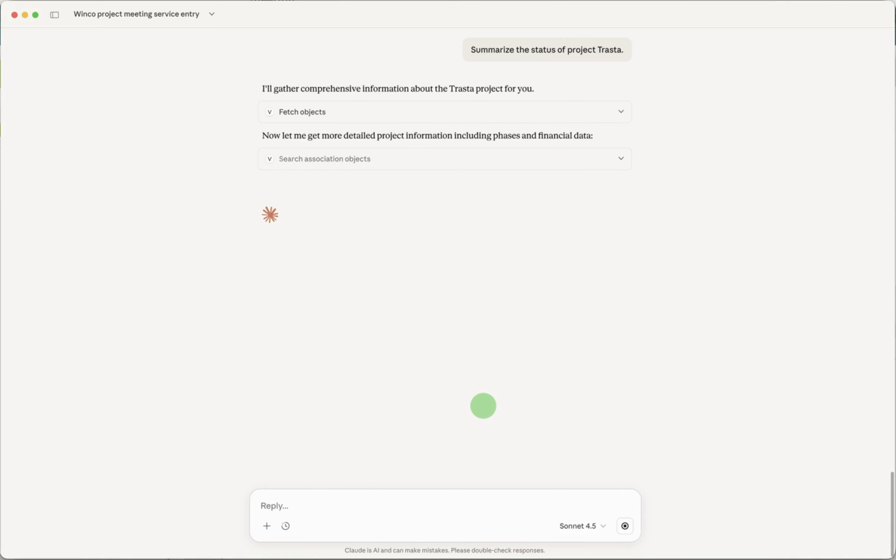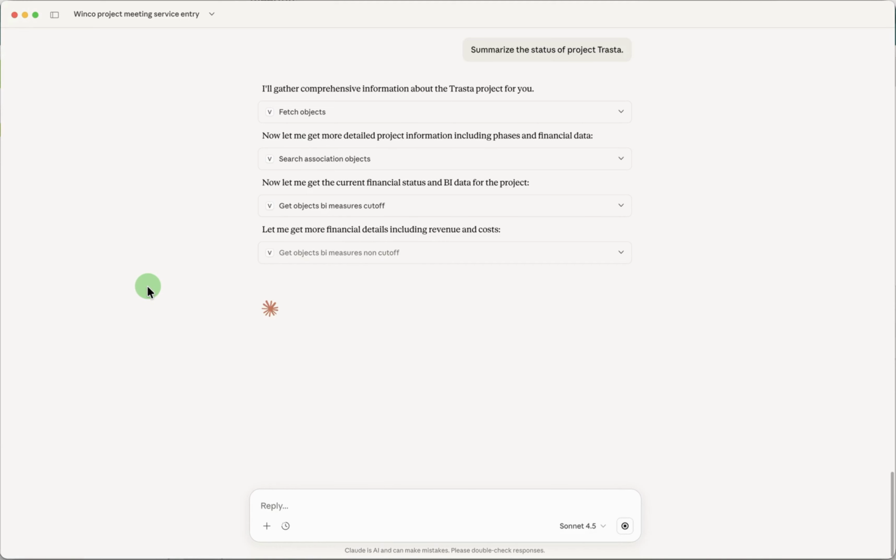Okay, detailed project information. Now we do know a lot of things about projects in Vertec, obviously, so this should be a good one for the MCP server. Okay, getting financial details. Yeah, that should be handy. Recent services and activities. Excellent.